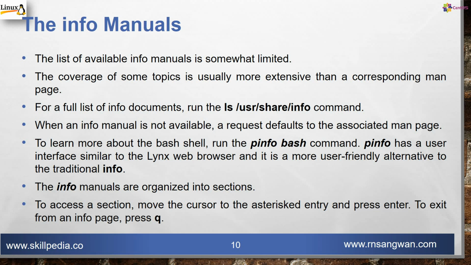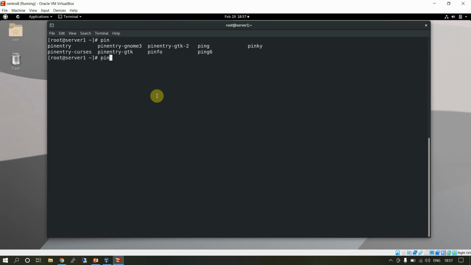To learn more about the bash shell, you can use pinfo bash. The pinfo has a user interface similar to the Links web browser and is a more user-friendly alternative to traditional info. Let's try this info URL, info directory, and a pinfo command. Let's verify. So pinfo, let's say passwd,